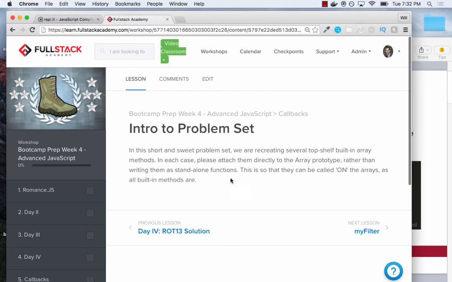So here is the explanation. I ask you to add these directly to the array prototype so that they're not standalone functions that you call and feed arrays into, but you actually call them like array.myFilter, array.myReduce. And I thought that would be fun because we got pretty deep into prototype chains, and you saw how to make a construction